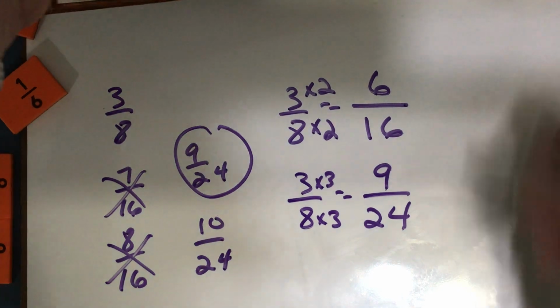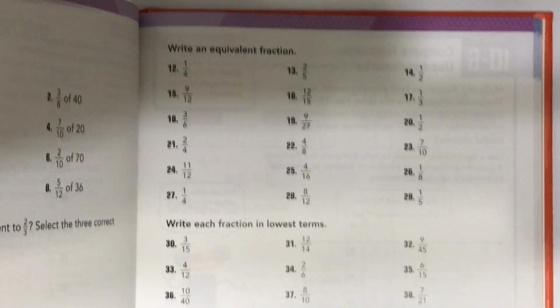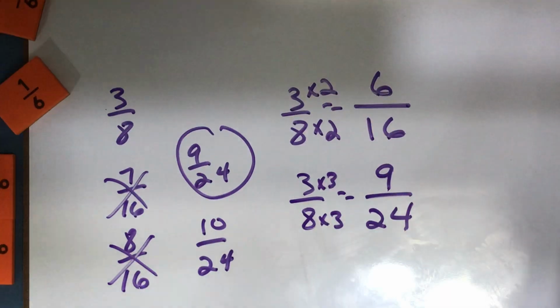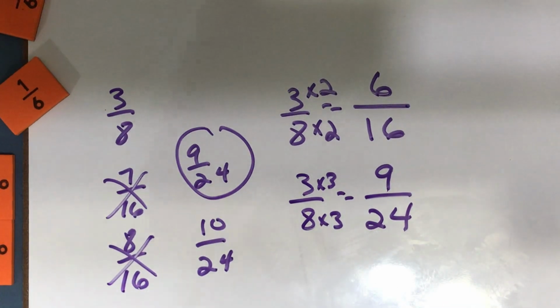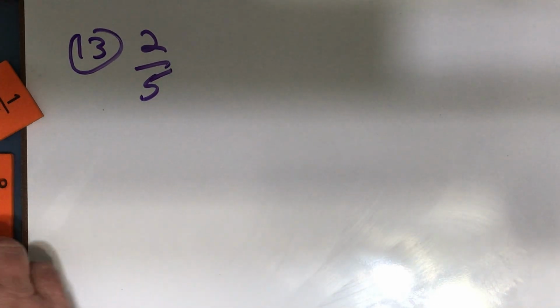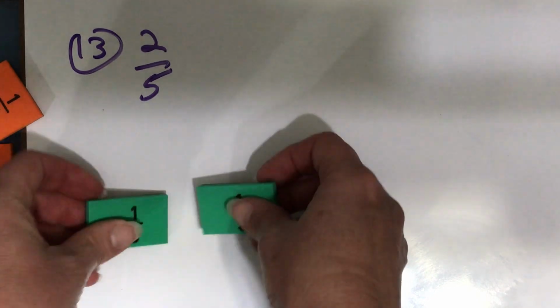All right, the next part on the next page, now I'm on 203, it asks you to write equivalent fractions. To do this, you can multiply numerator and denominator by the same number, you can divide numerator and denominator by the same number, or you can use your fraction strips, or you can do a little bit of both. So number 13 says 2/5. Well, I'm going to get out 2/5 here on my fraction strips. Here I have 2/5,